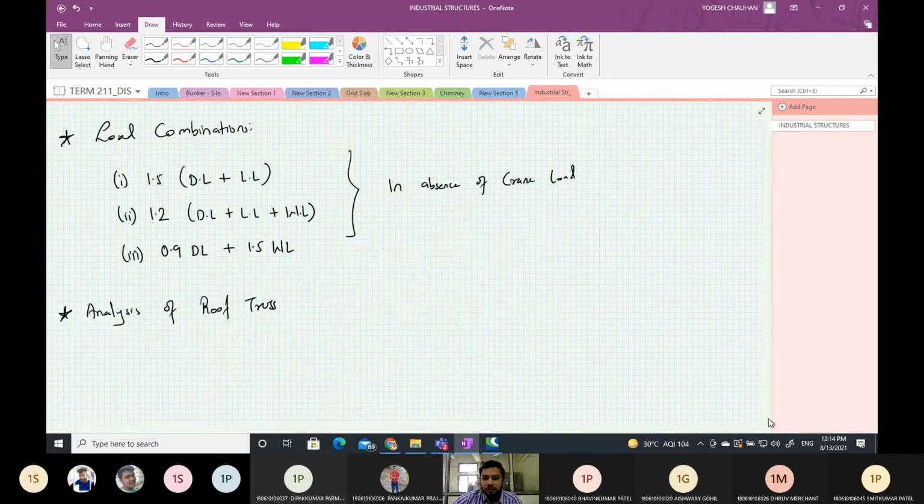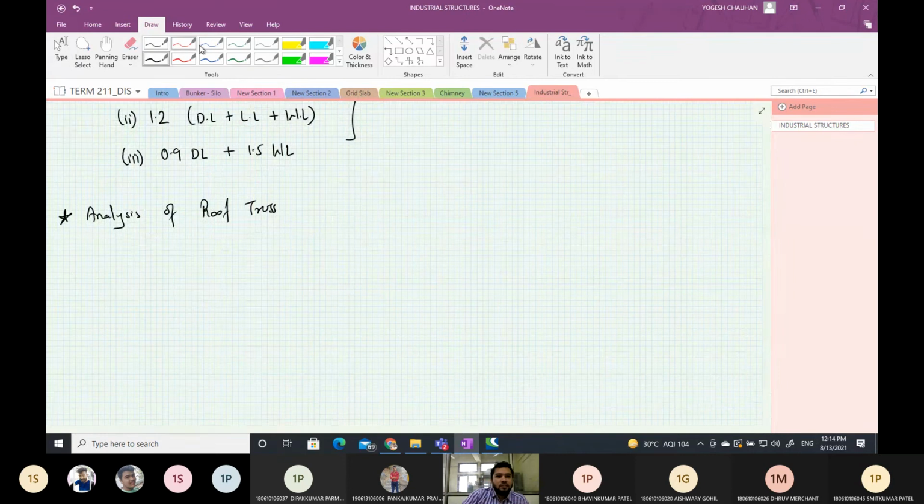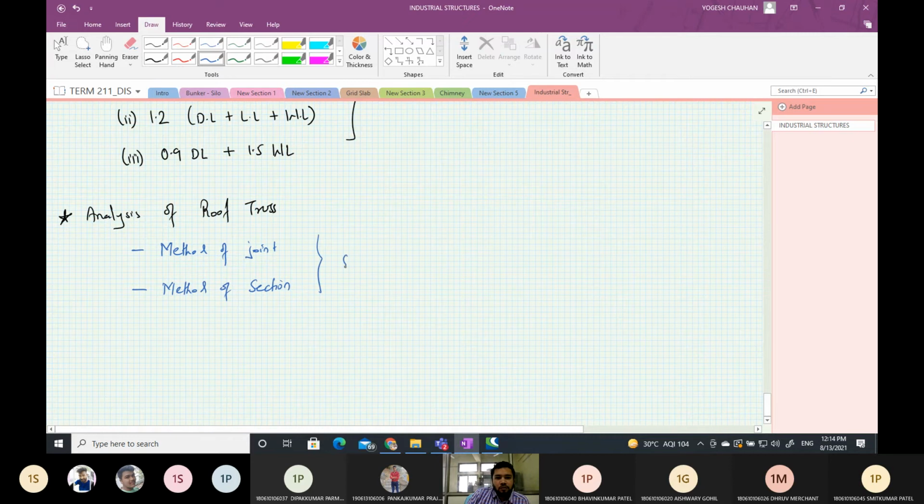The analysis can be done manually for simple geometry by using method of joint, or by method of section, but this is for simple geometry.